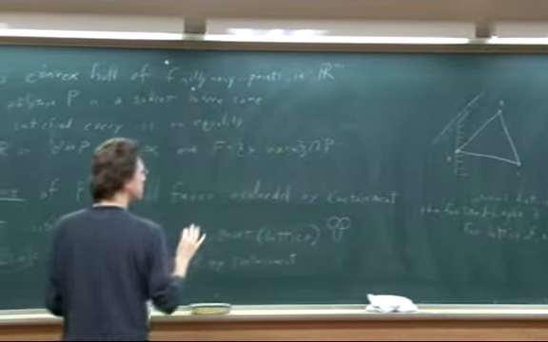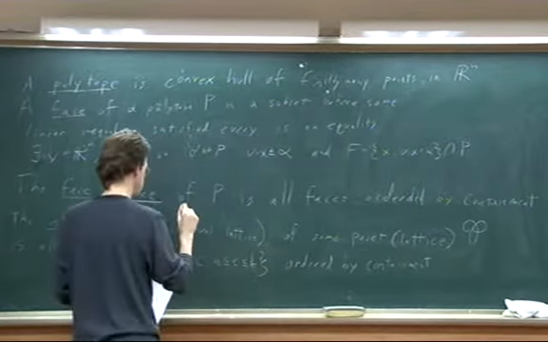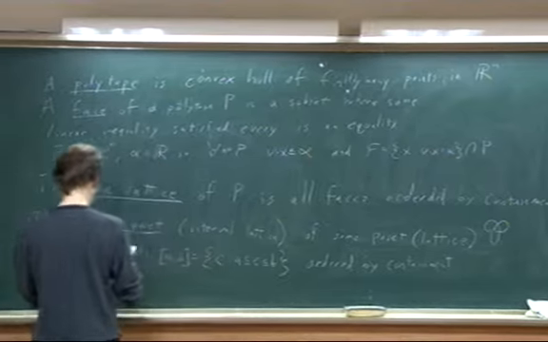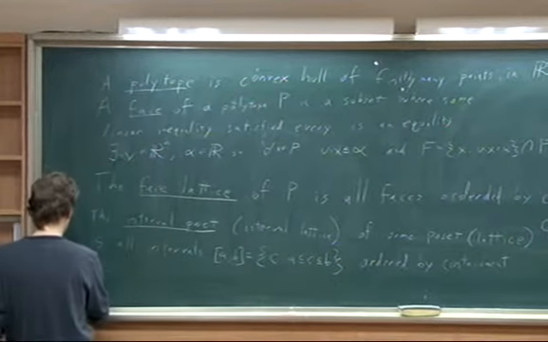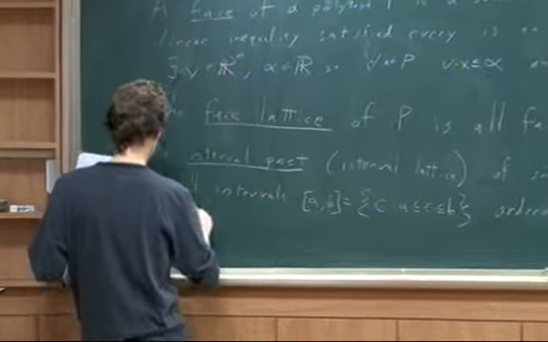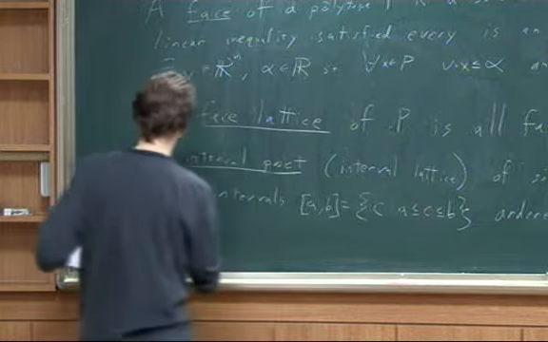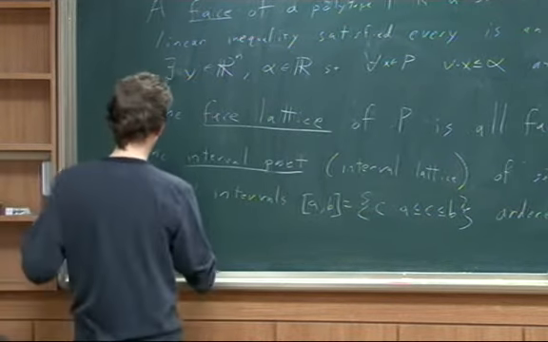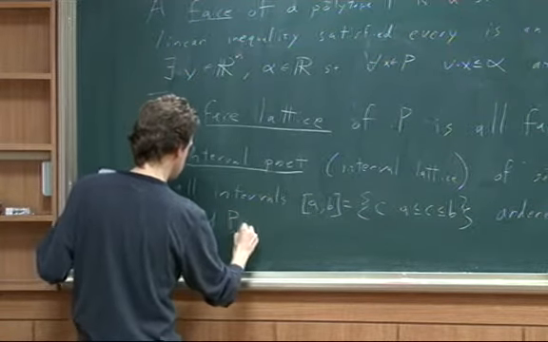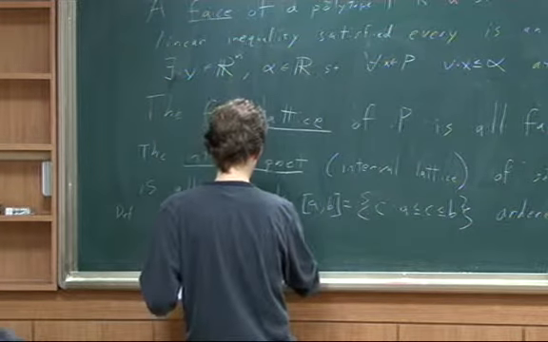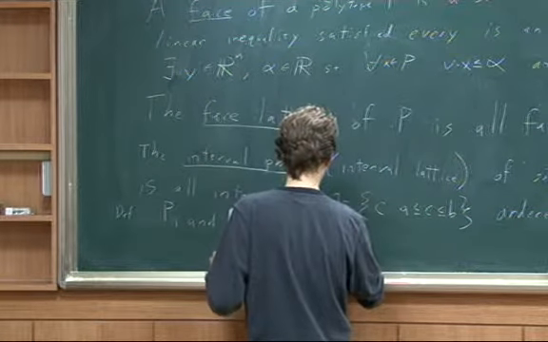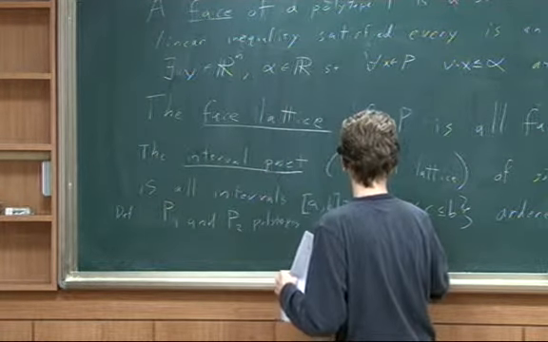So I will explain that in a moment. I'll give you a little bit of a picture of what's going on. I want to say some polytopes here, P1 and P2, are combinatorially equivalent